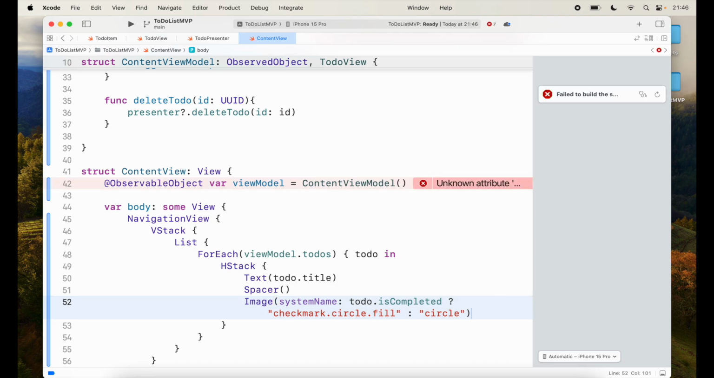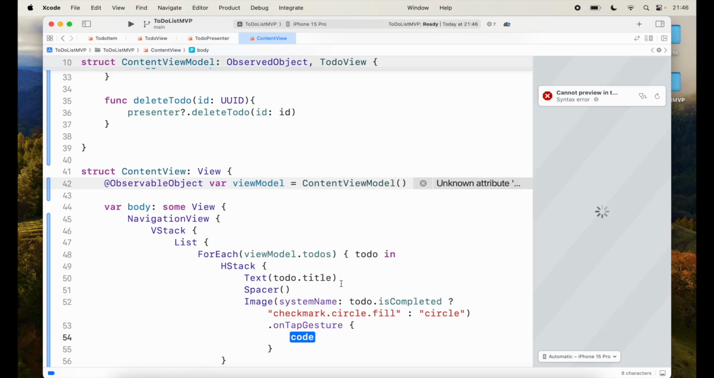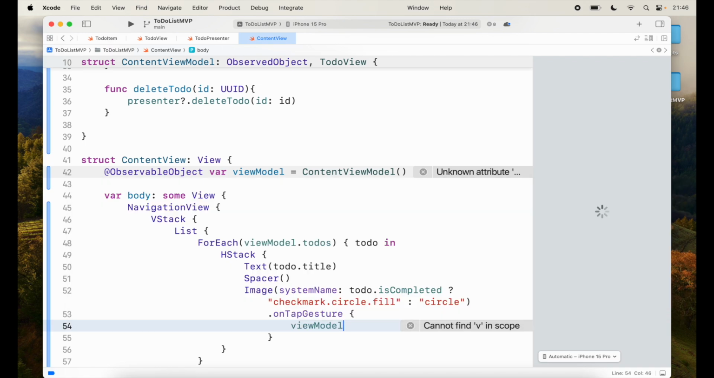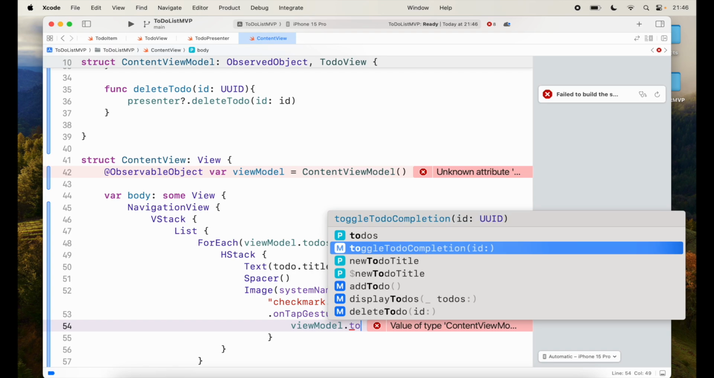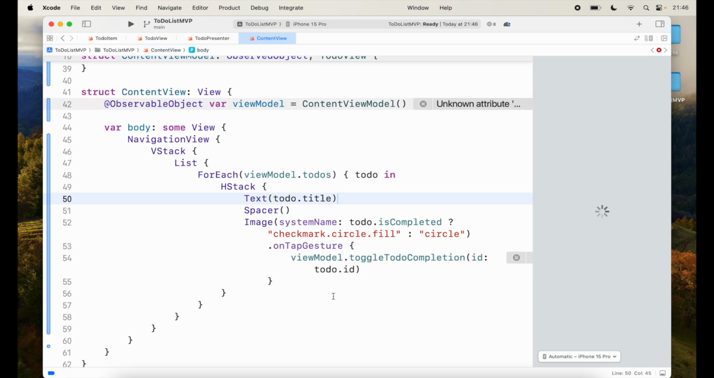Now this one I will also add an on tap gesture. So when it's tapped, we want to call the view model and toggle the to do and pass the todo.id. So this will toggle isCompleted to false or true. So that's completed. Now next I'm going two levels below, and whenever a delete button is clicked on